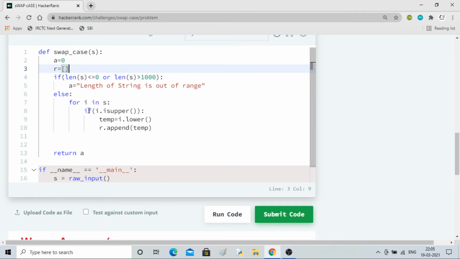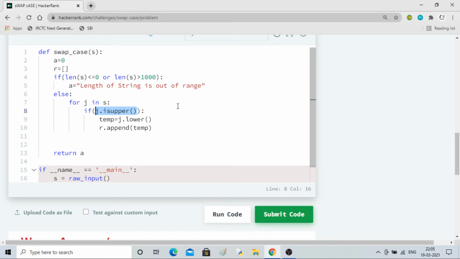So what it will do is it will check inside this statement whether this I, let me use J, that will not be confusing. Okay, so J. So if J is uppercase, means whether it is capital or not. So this line will return true or false.